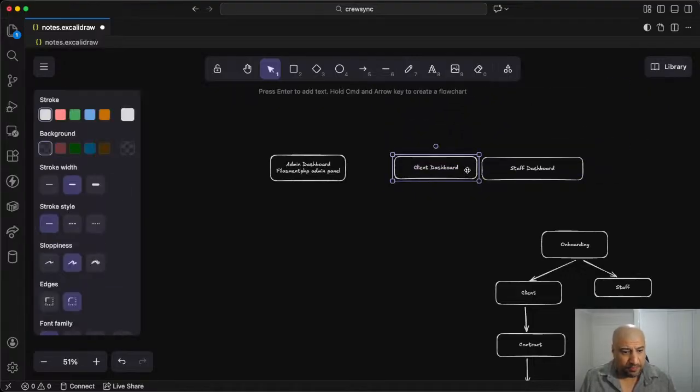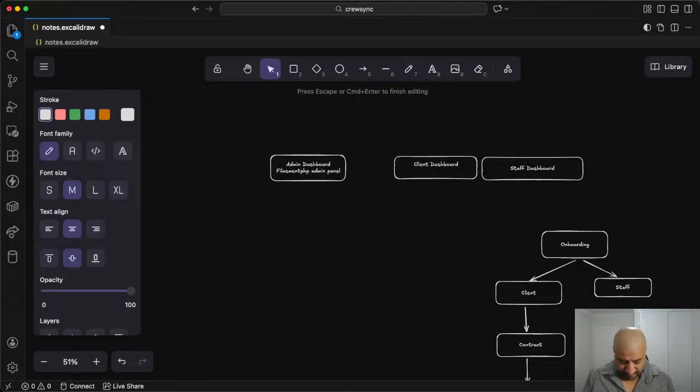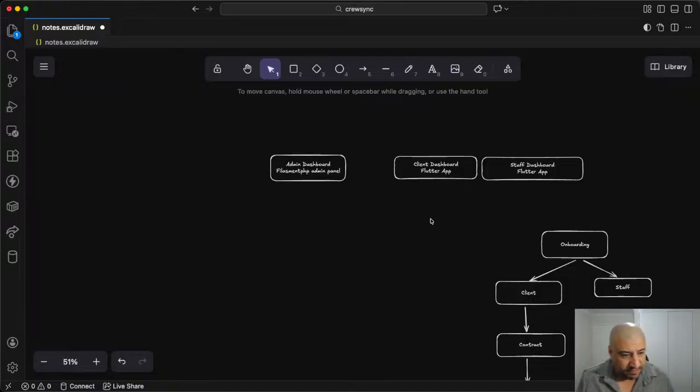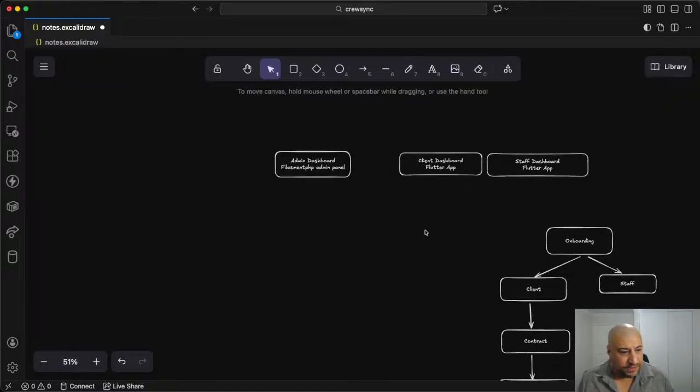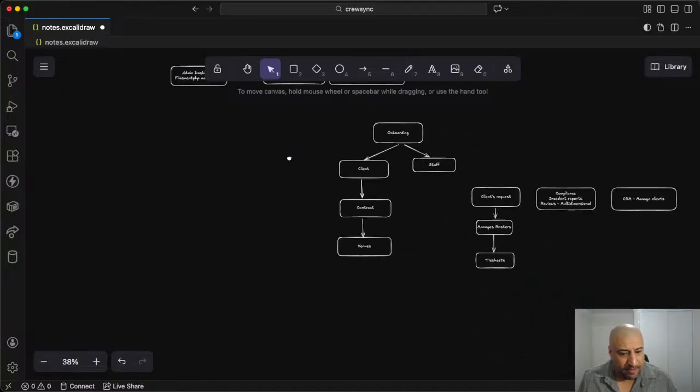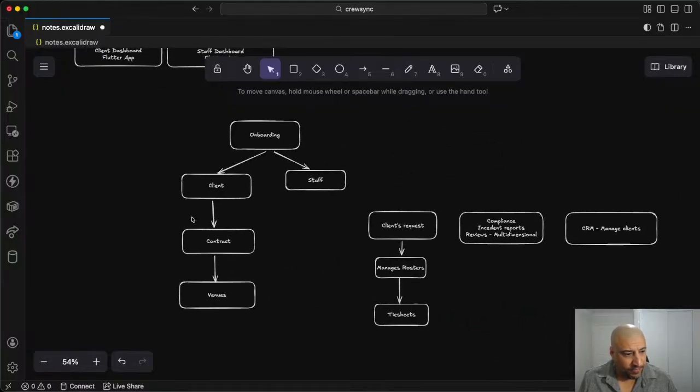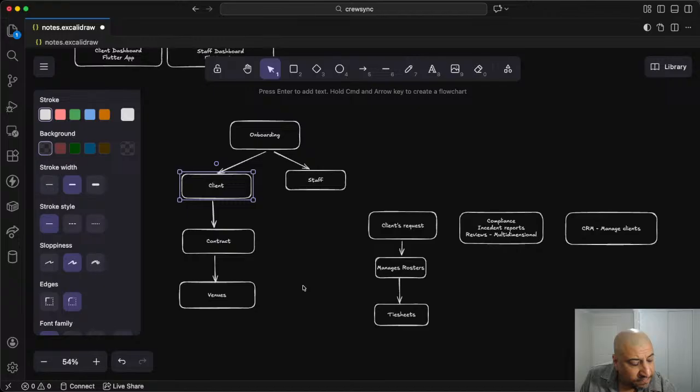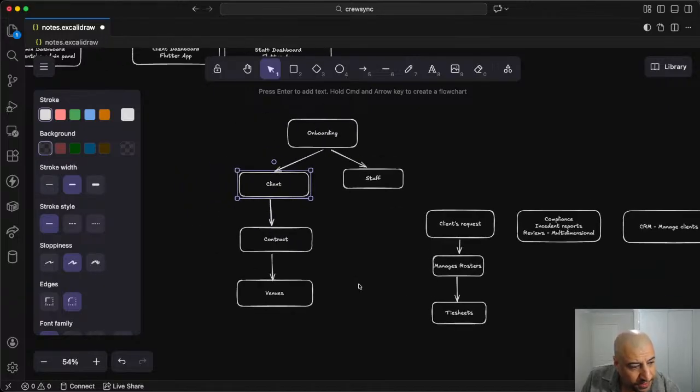The client dashboard is going to be a Flutter app. The staff dashboard, obviously, is going to be another Flutter app. Well, it's going to be the same Flutter app, but different interface, different functionalities. All right, with that being said, that means we need to have a model to handle the clients and their